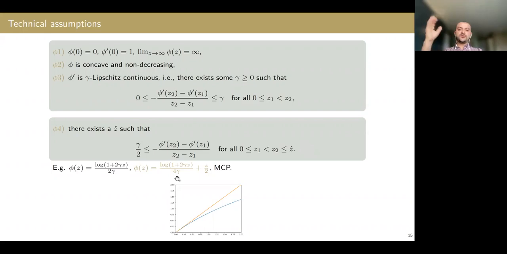If you take any two phi which satisfy these conditions and you take their convex combination, it still satisfies. So a combination of this with the L1 norm still satisfies. Or there is this MCP functional, which is discussed quite a bit in statistical literature for non-convex penalties, a kind of non-convex lasso. They also satisfy this condition. So our setting really is such that MCP also falls into it. Okay, so these are the technical assumptions.